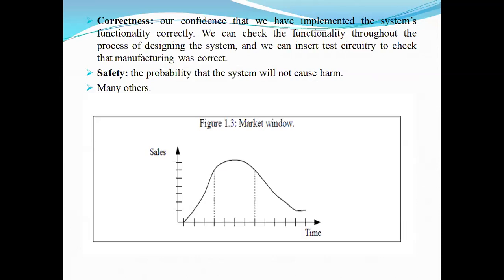For example, with a mobile phone, if there is a bad review from the customers' point of view, they will modify that particular design and launch it within that time limit. They will launch within that particular market window time. They will get a high sale. So if we miss that particular time, the customers may not be interested, so the product sale will be lost. So that's called a market window.